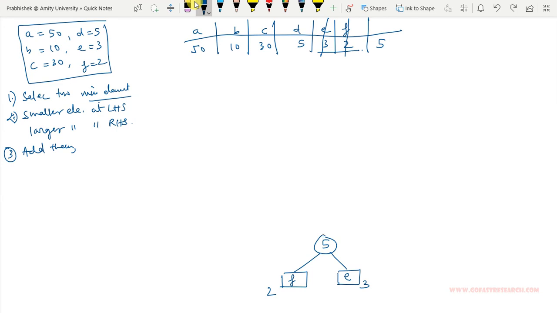Again I will search for the two smallest elements. The two smallest are this D and this 5, both are 5. The rest are 50, 10, 30, which are greater, but we have to select the two minimum. So 5 and 5 are the minimum. One 5 is already here, and we can take another 5. We can write this D here also, no problem, because both are the same. So it is 5, and let's add it. It is 10. So I will cut this also, and I will include this 10 here, because I have to include the new number in the list. So this is 10.